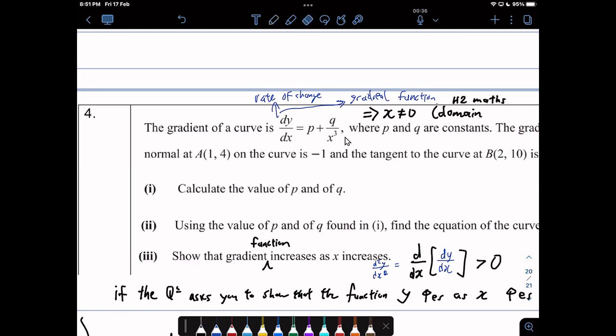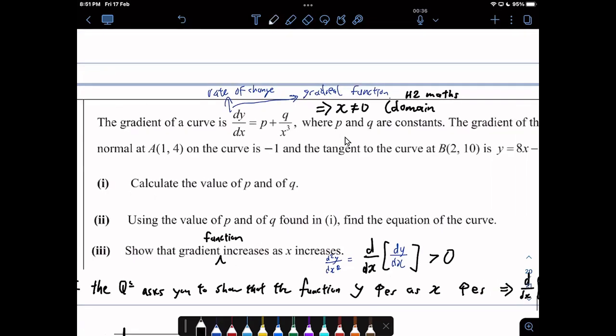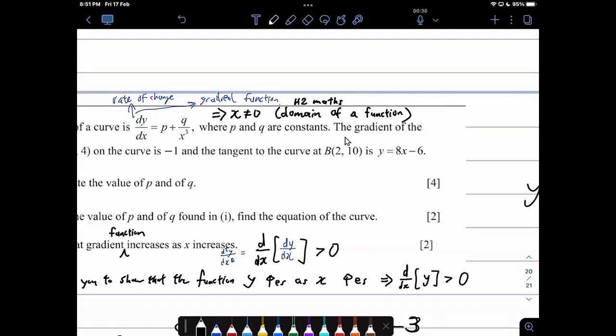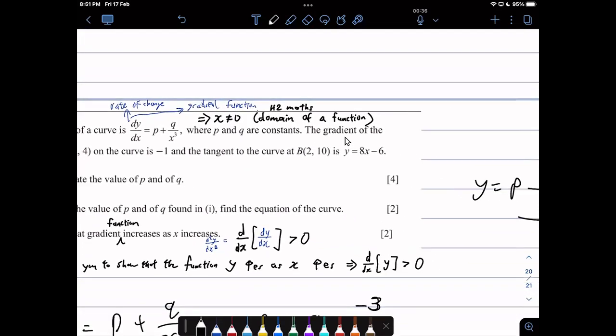Domain of a function. Let me write this down. It's implied in this question. You don't let x equal to 0. Don't let x equal to 0. x not equal to 0. So over here, since x is not equal to 0,